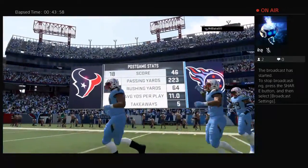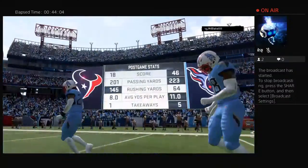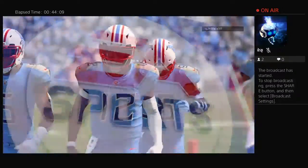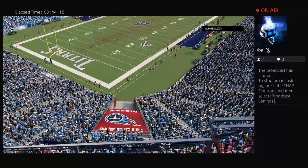So for Tennessee, they continue to make their case as a Super Bowl favorite as they move to 13-1. And they'll get another home date next week as the Saints will come to town. Meanwhile, for Houston, it's loss number 5 for them on the year. And they'll try to get back on the beam next week as they'll head to Tampa to take